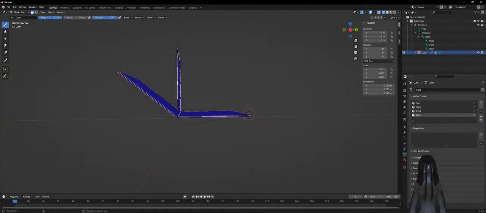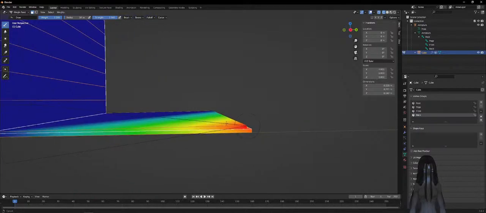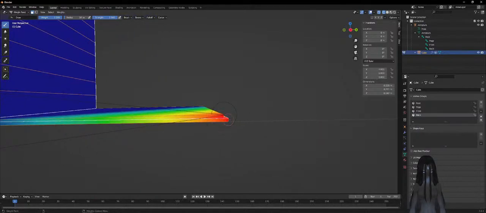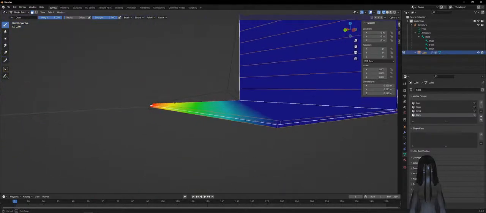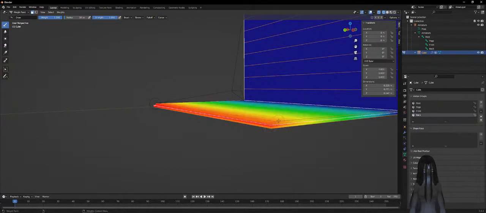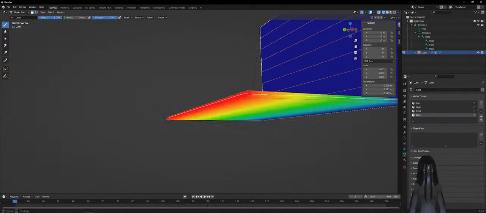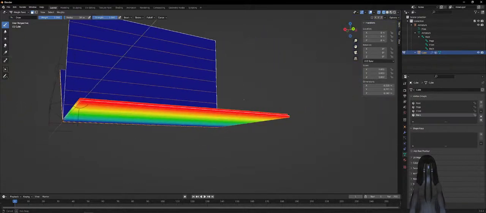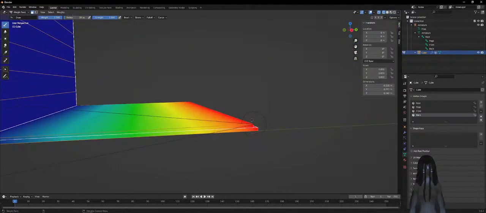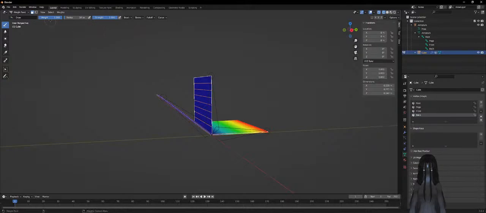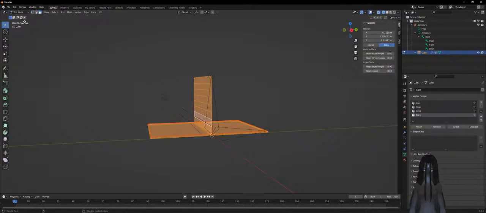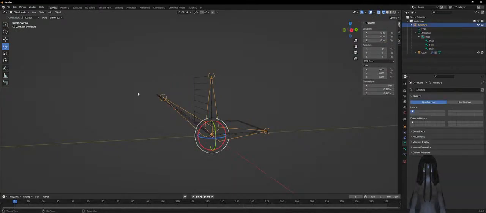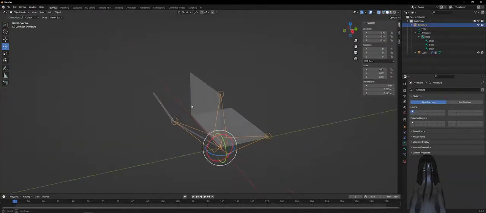And then back needs to have that moving over here with it. Okay, and then if I go edit mode, object mode, select the bones, go back to that mode,